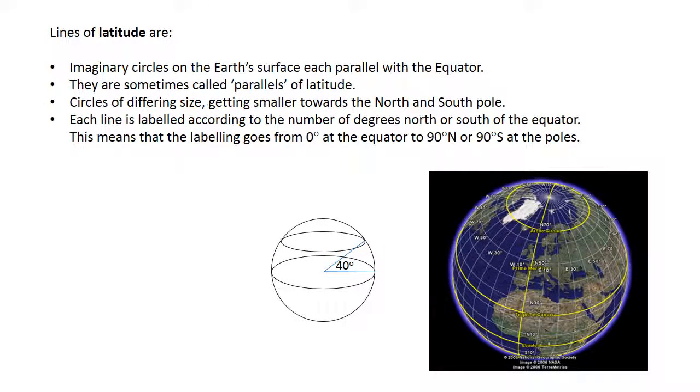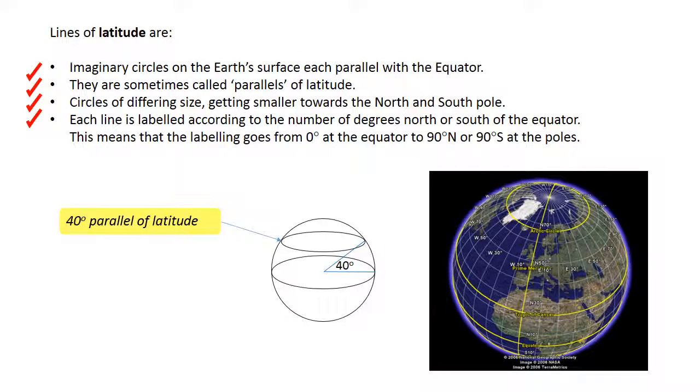Lines of latitude are imaginary circles on the Earth's surface, each parallel with the equator. They are sometimes called parallels of latitude. Lines of latitude are circles of differing size, getting smaller towards the North and South Pole. Each line is labelled according to the number of degrees north or south of the equator. This means that the labelling goes from 0 degrees at the equator to 90 degrees north or 90 degrees south